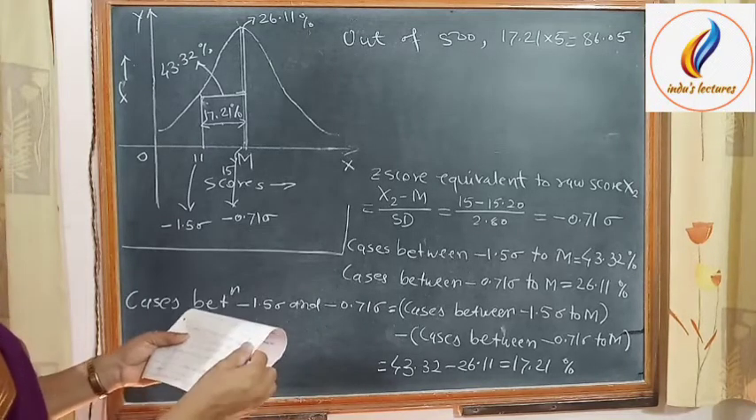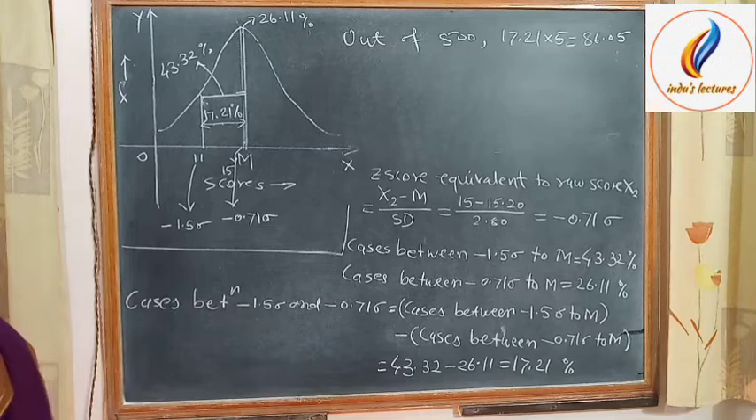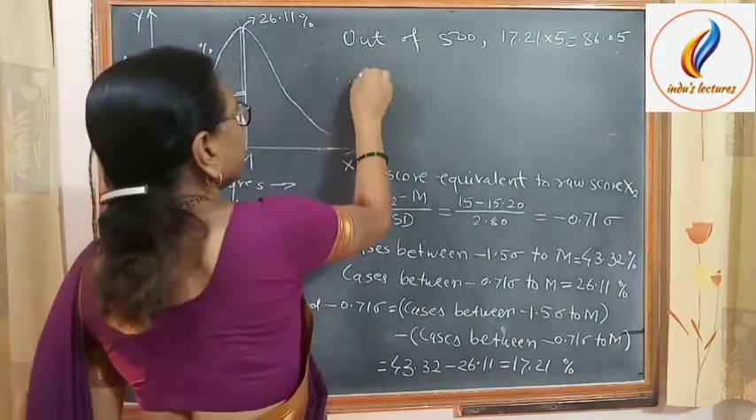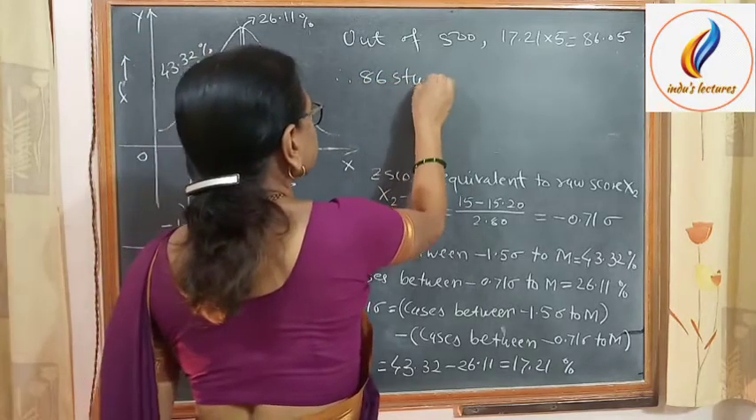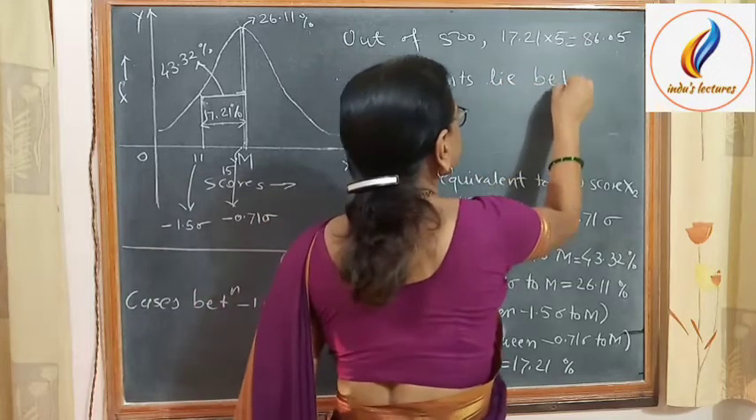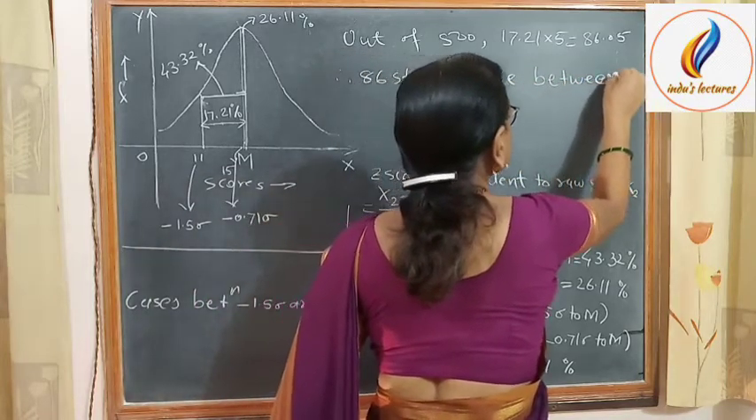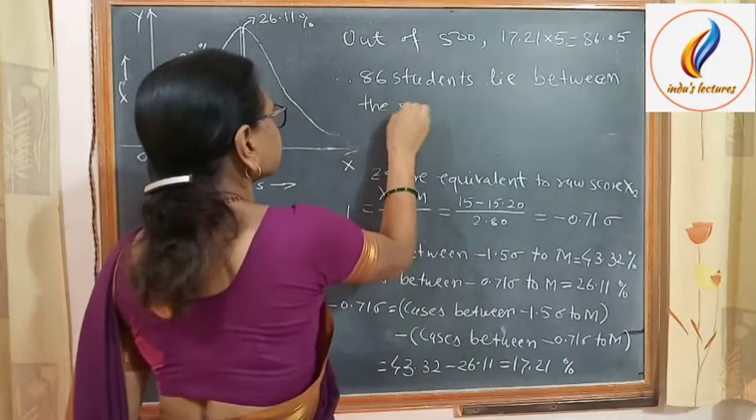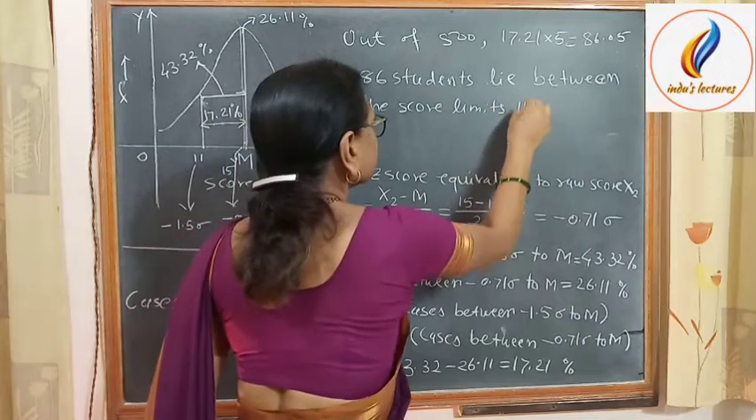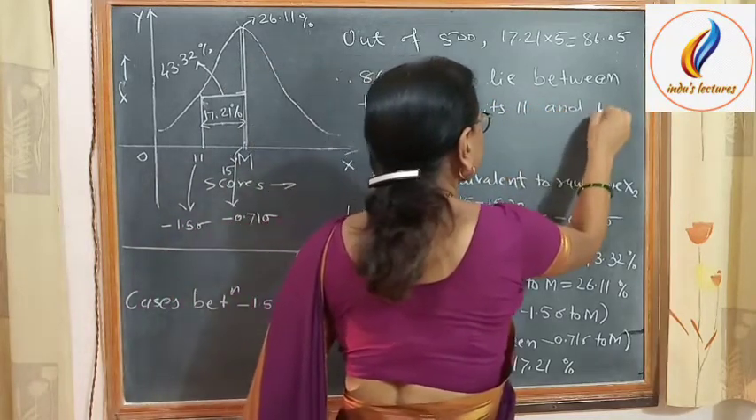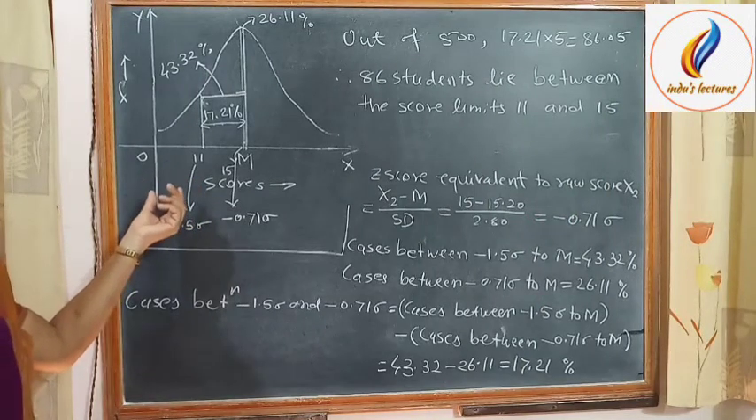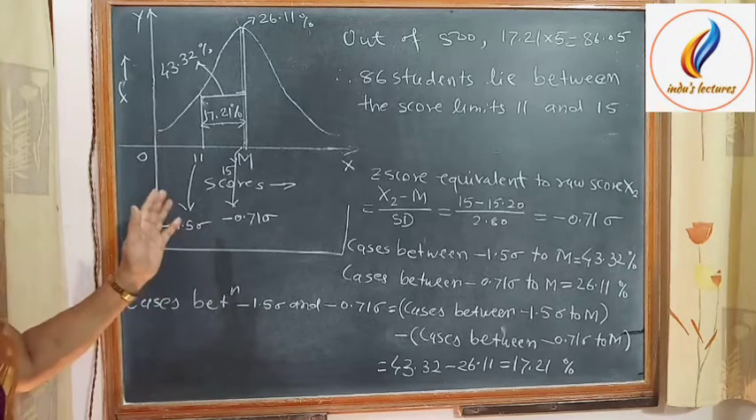Therefore, total 86 individuals lie between the score 11 and 15. Therefore, 86 students lie between the score limit 11 and 15. For finding the cases between given two score limits, we have to convert these raw scores into